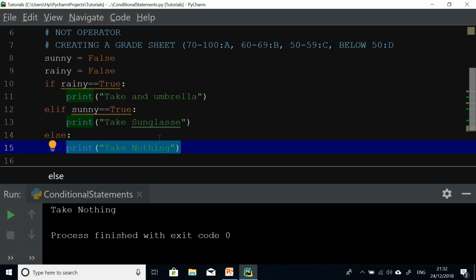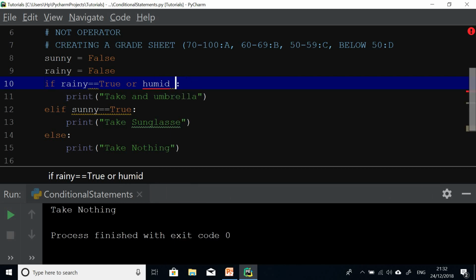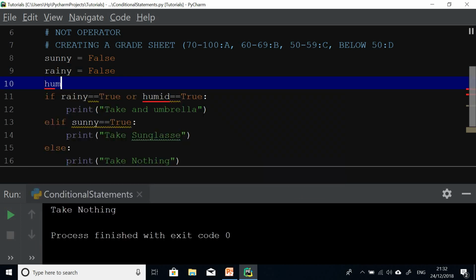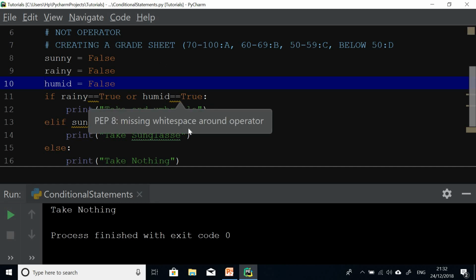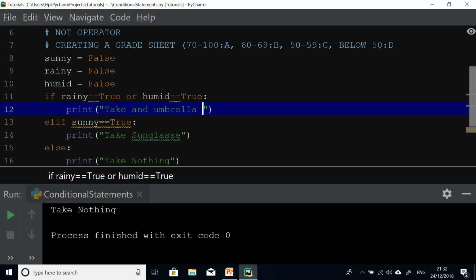Alright, I want to test a situation whereby it is rainy and also humid at the same time. So how to do this? I'm going to say if rainy is true or humid equal to true. Okay, so in this way I'm trying to test two things at the same time. So I'm going to define a variable humid equal to false. So if it's rainy and humid at the same time, then take an umbrella and